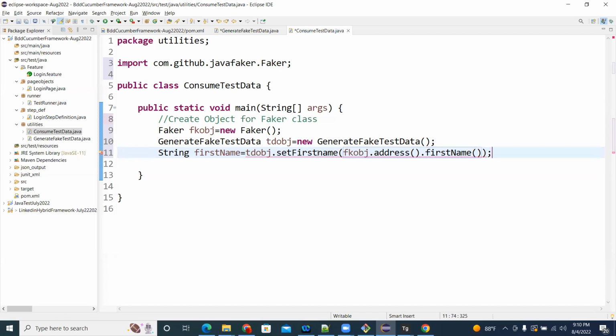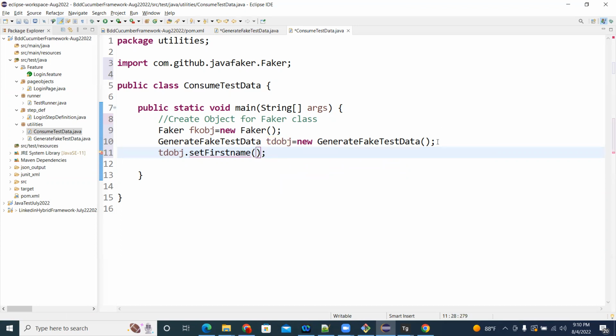Why is it showing an error? Change return type of set first name. Okay. So you want a return type method, right? Otherwise, directly you can print, right? You cannot print also. So you're setting that, no need, right? Just you will get it. But if you want to know this value,